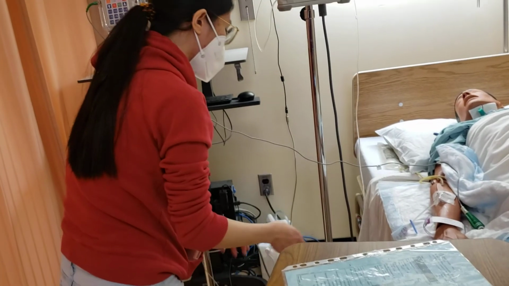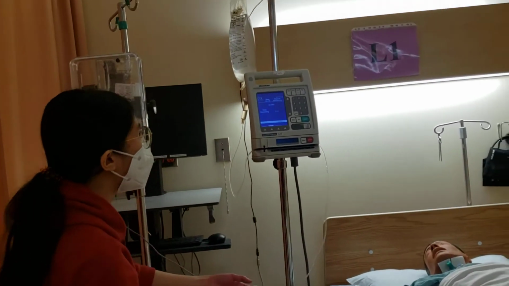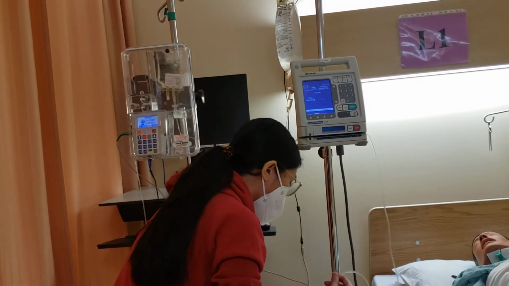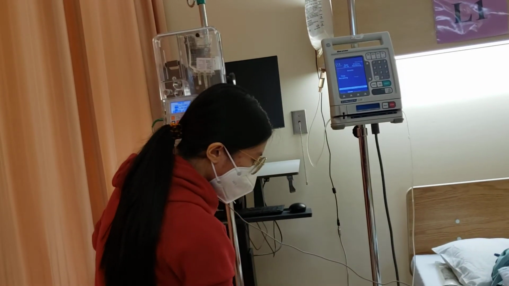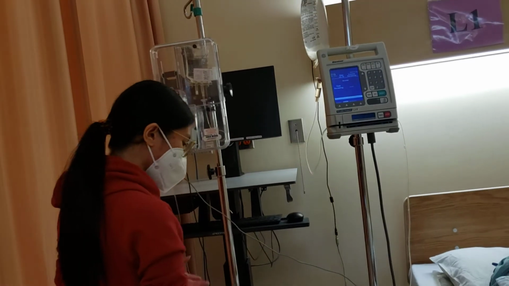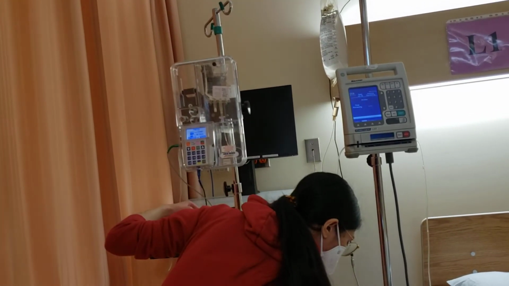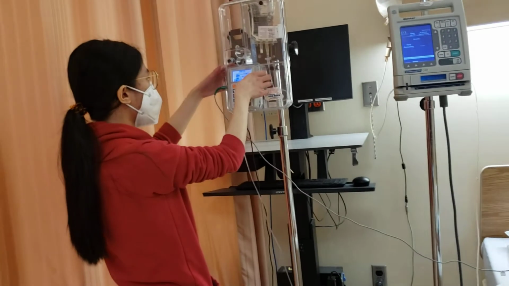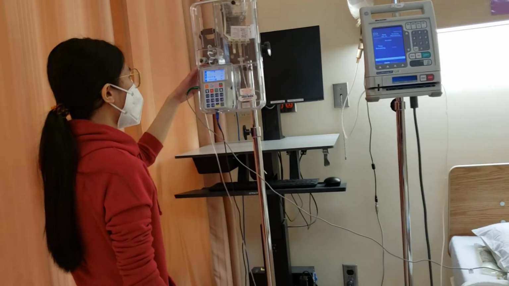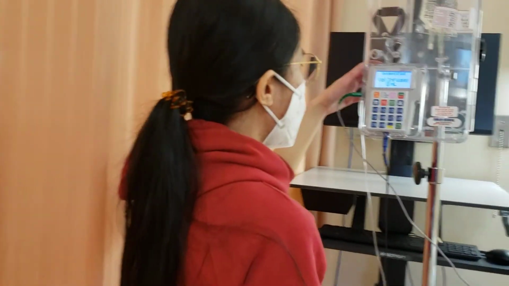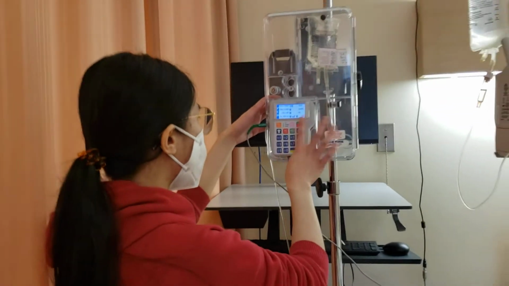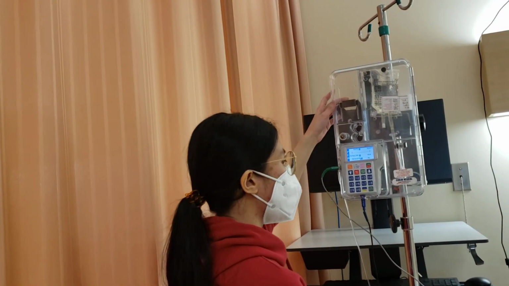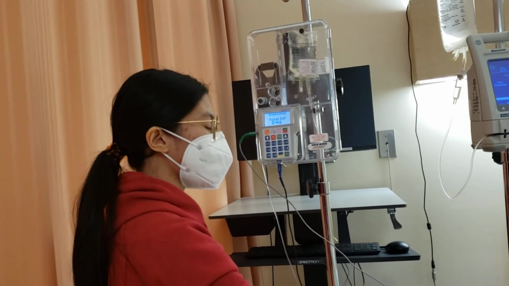And we have a carrier running, and make sure it's running normal saline that's compatible with our PCA. And we would just run this. Once you see the green blinking, that means it's ready for this to run